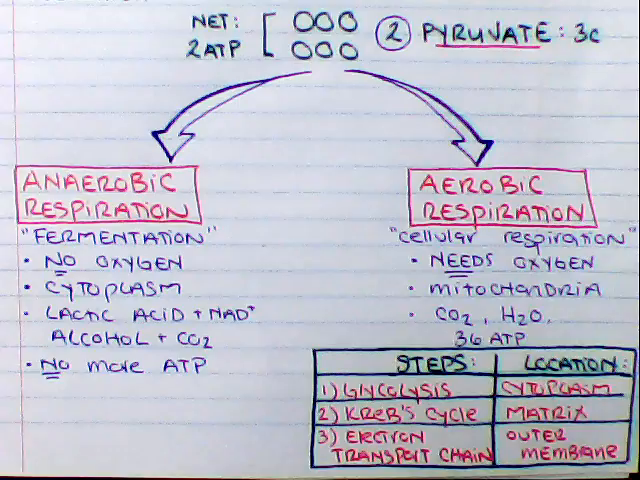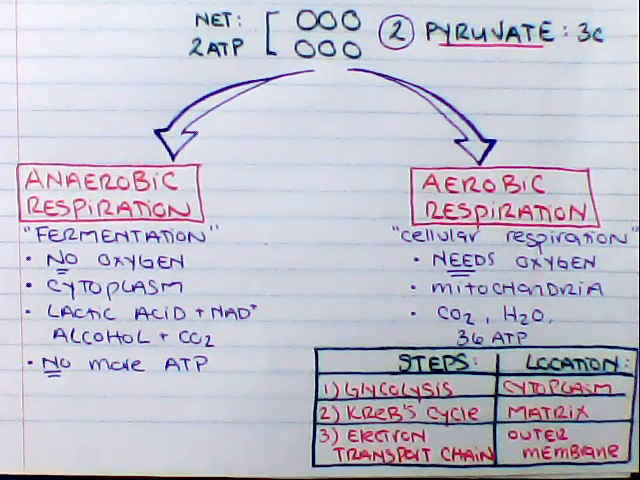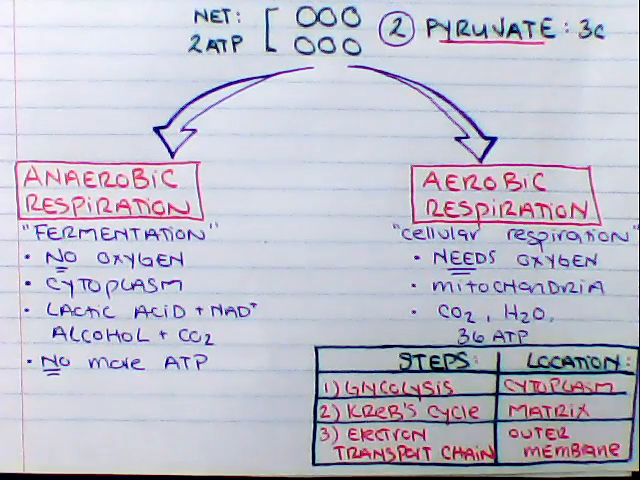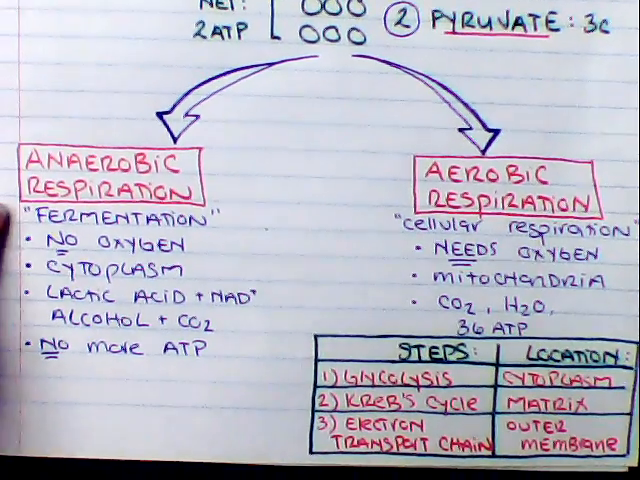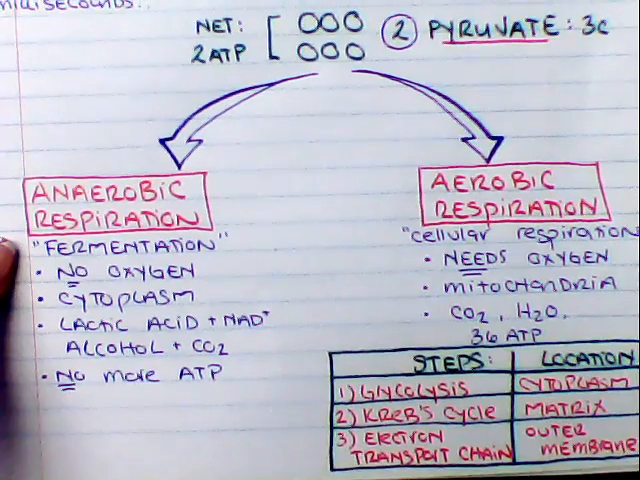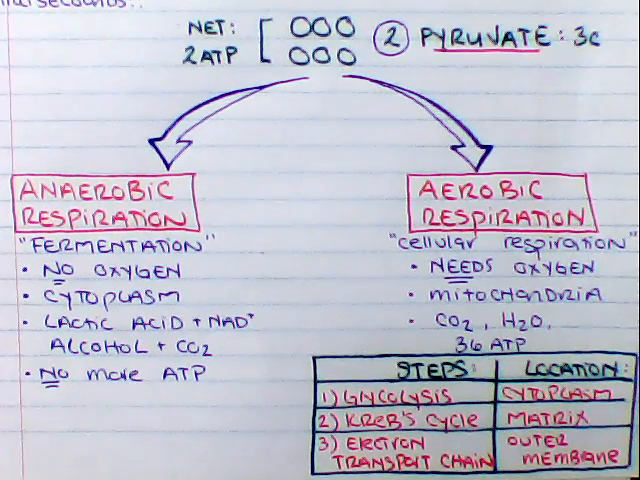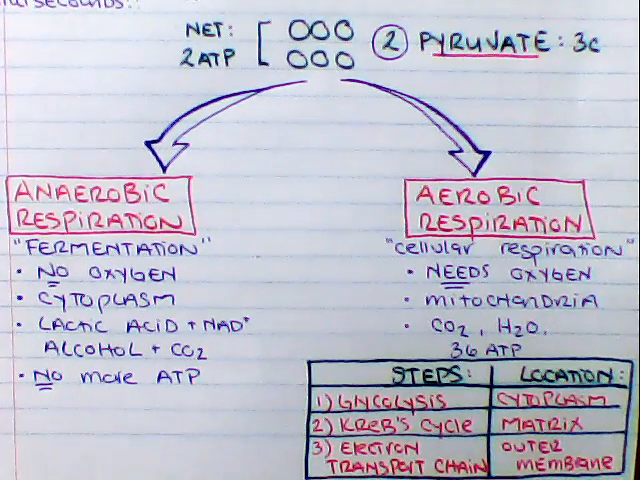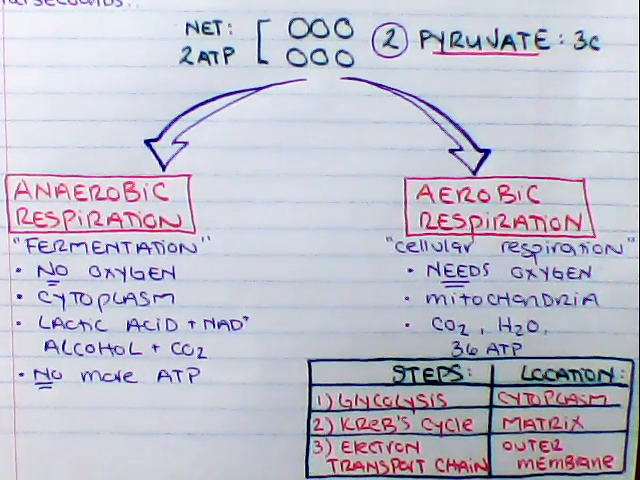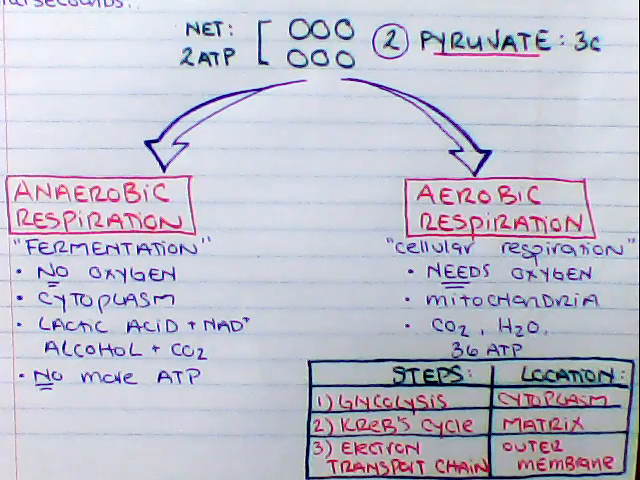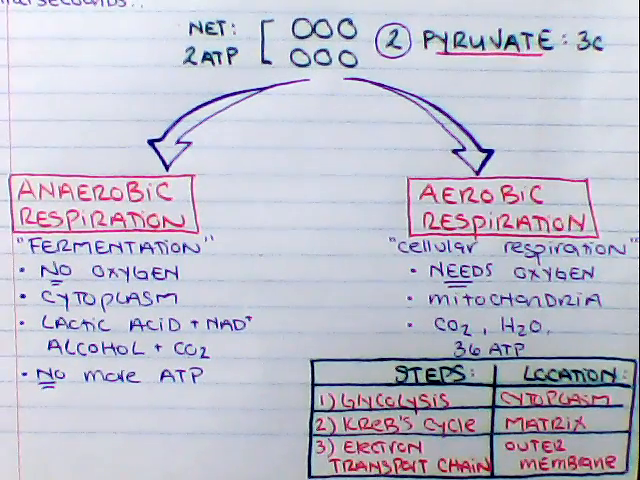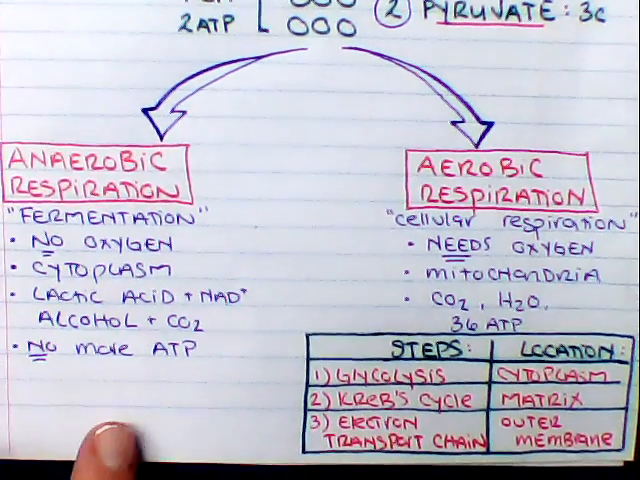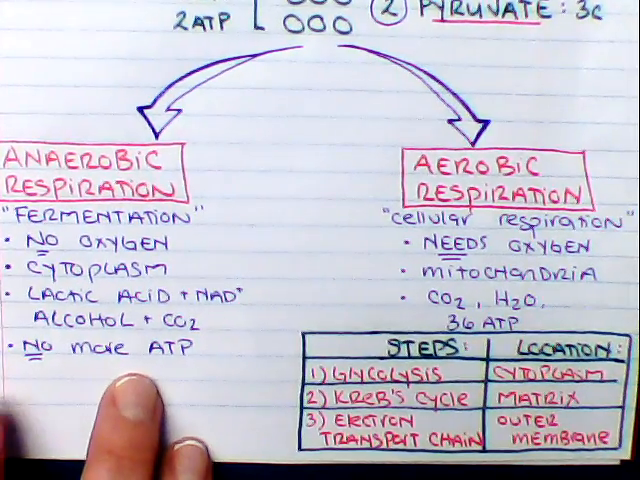Now there are 2 pathways that pyruvate or pyruvic acid will take in the cytoplasm. The first pathway is anaerobic respiration. It'll remain inside the cytoplasm, and this process is actually known as fermentation. It requires no oxygen, and our products in anaerobic respiration will include lactic acid or alcohol. The end result, however, of going through anaerobic respiration is that there will be no more ATP that will be